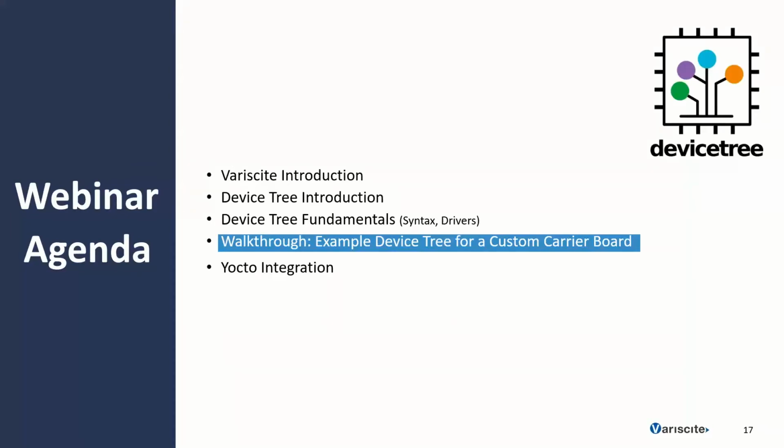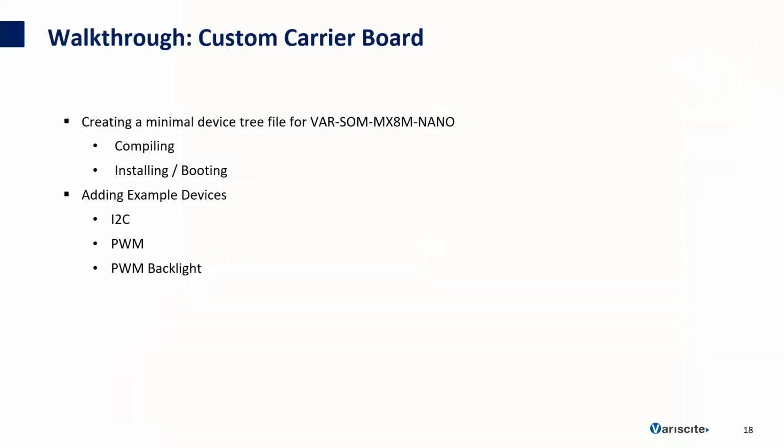Okay, so now let's walk through adding a new device tree file for a carrier board based on Variscite's IOMUX 8M Nano SOM. So what we'll do is create a minimal device tree file that will boot for Variscite's VAR-SOM MX 8M Nano. We'll look at how to compile this device tree and then how to install and boot this device tree